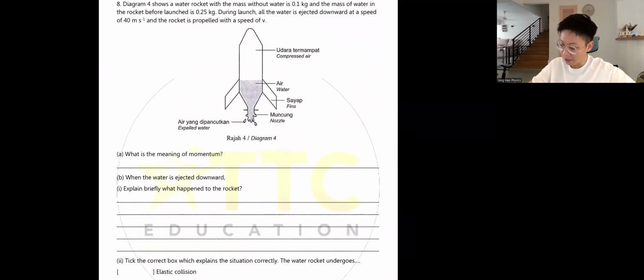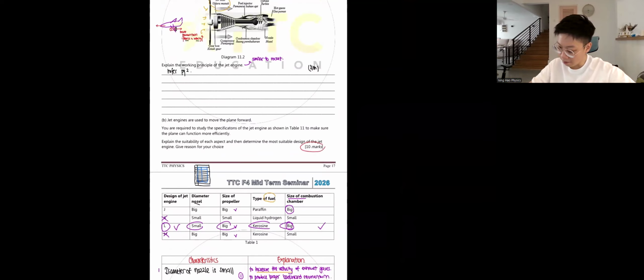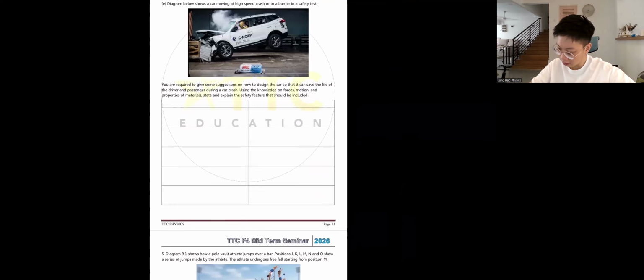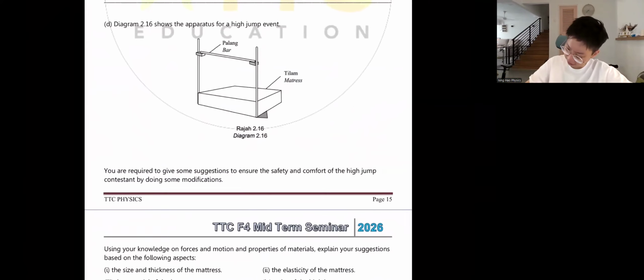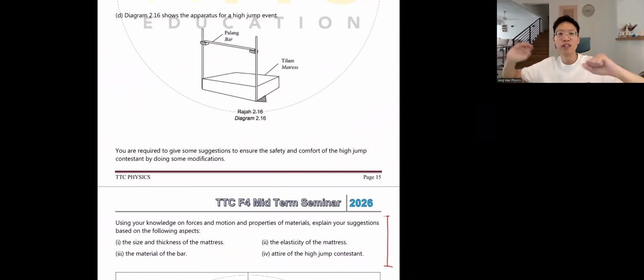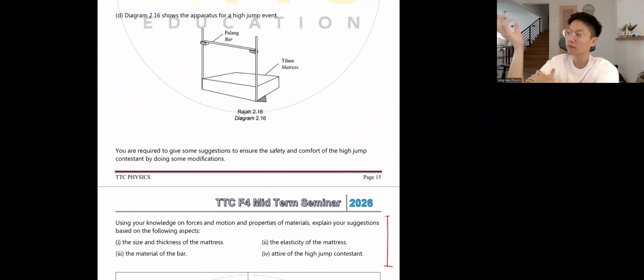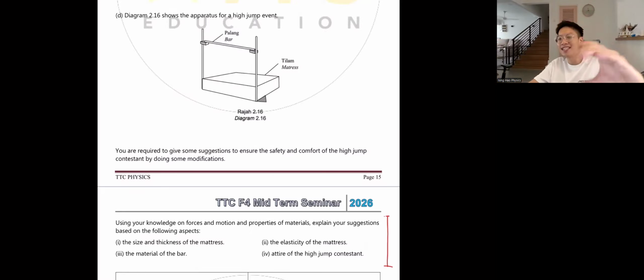Let's look at page 15. High jump event, whereby you have totally everything by yourself. You have to design this by yourself. So guys, if you look at this one, is this a bahagian B or bahagian C? So you look at it. Do you have PQRS to choose from? Don't have, right? So you don't have like pilihan, right? You have to write your own points, right? So this is our bahagian C.